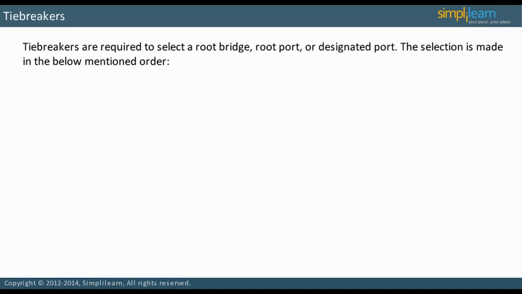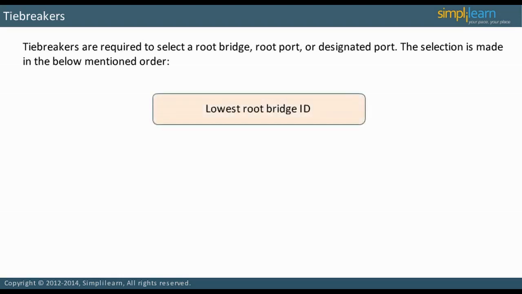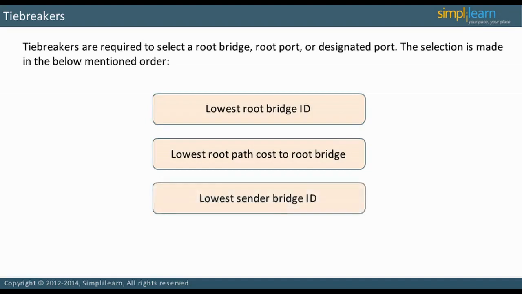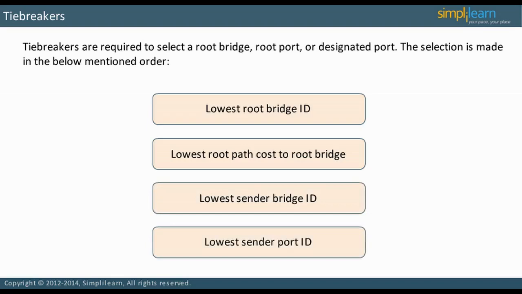There may be ties in selecting root bridge, root port, or designated port. That is, the measures used to select them are equal. They are tied. In case of ties, selection is made in the following order: lowest root bridge ID, lowest root path cost to root bridge, lowest sender bridge ID, and lowest sender port ID. This selection is conditional. That is, if the tie still exists after selecting option 1, select option 2, and so